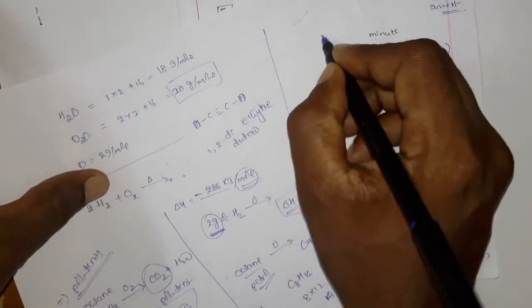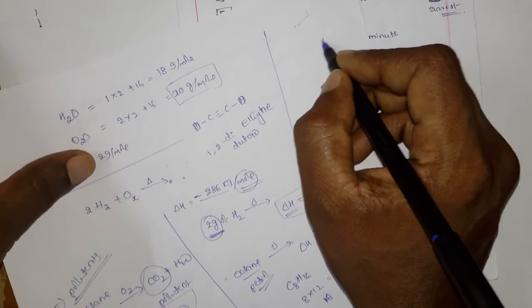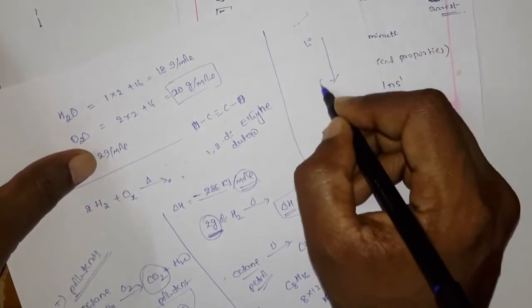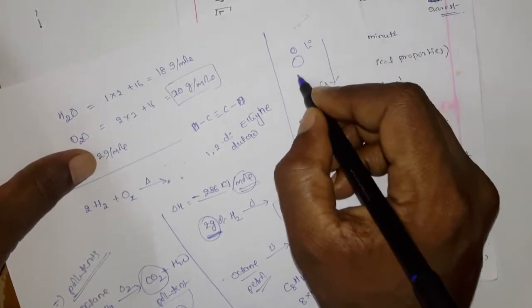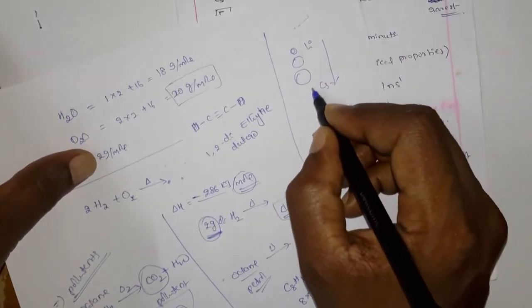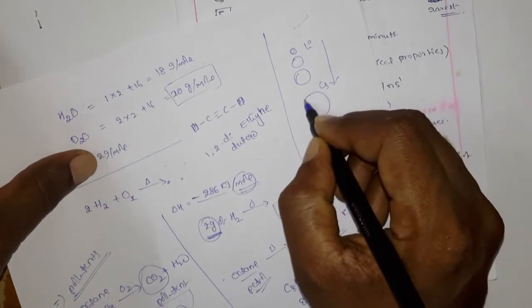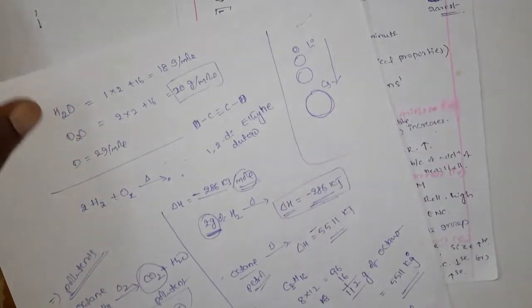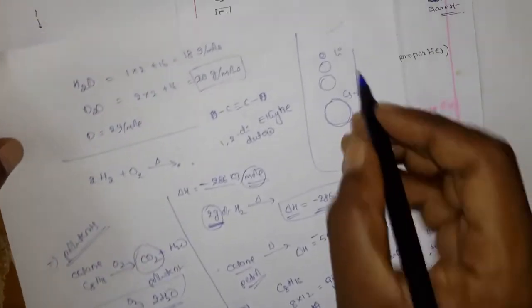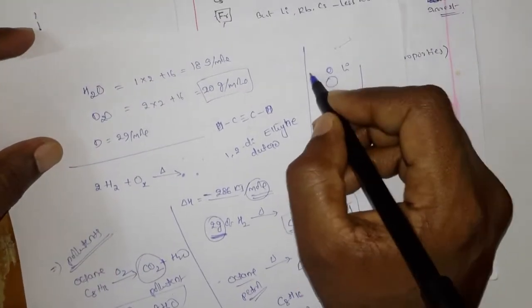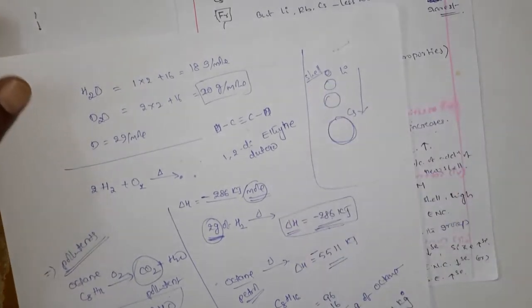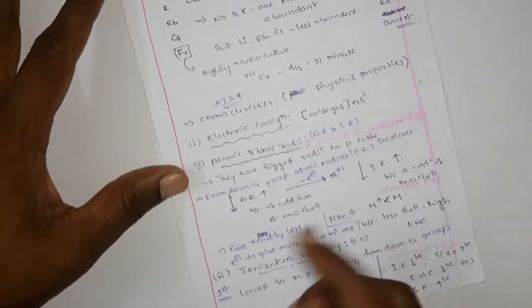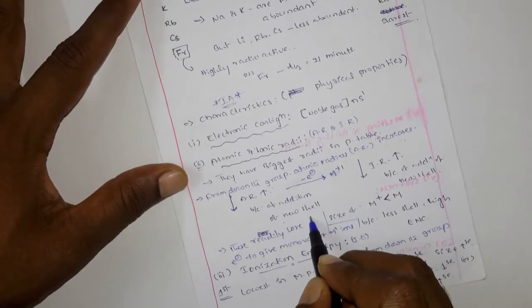Generally in the periodic table, down the group the atomic radius increases. Coming to lithium through cesium, lithium has a small size, sodium is a little bigger, potassium somewhat more bigger, and rubidium, and coming to cesium, it is much bigger. The atomic radius increases from top to bottom because the number of shells increases, due to the addition of new shells.